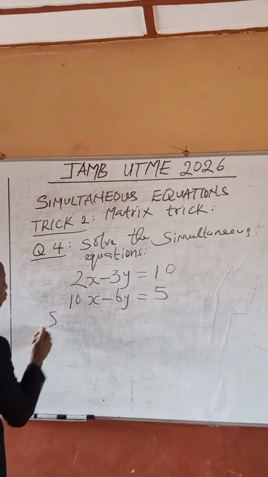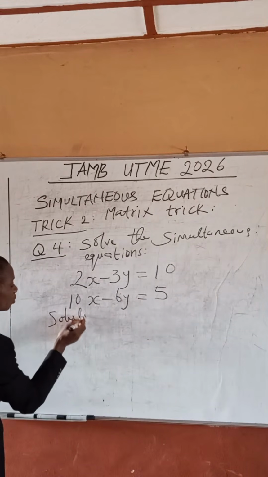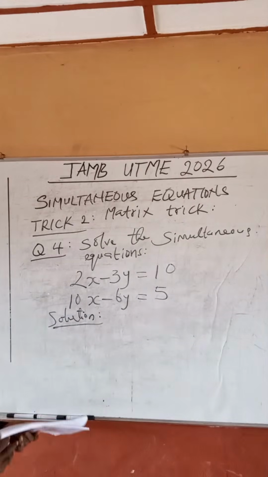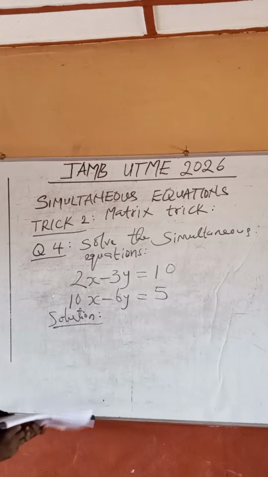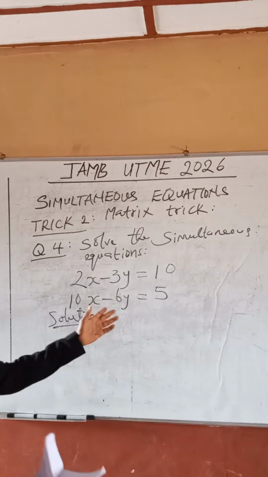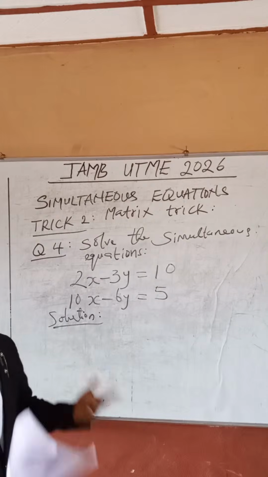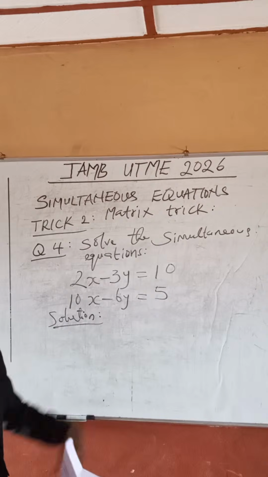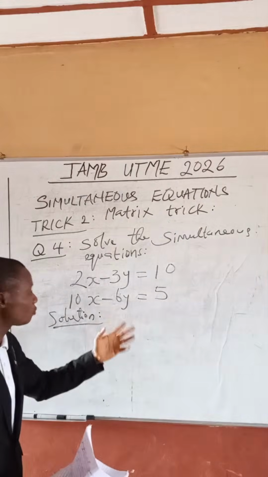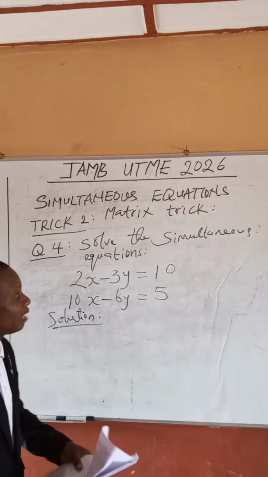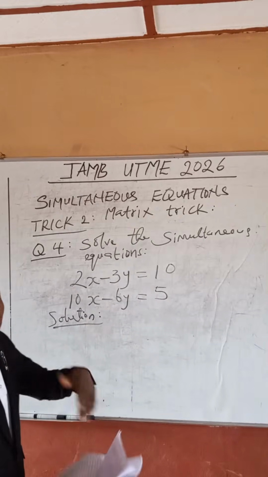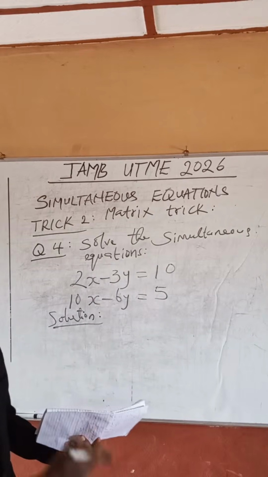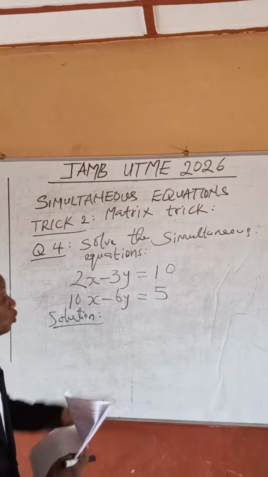I'm going to show you the simple trick to solve this. Don't use the elimination method, substitution method, graphical method, or any other method. You know them, but we don't use them here. The reason is simple: because it is JAMB. Before you eliminate, you have eliminated the time too. So see how you can solve this problem without wasting time using the conventional or traditional methods. I'm going to teach you the unusual method